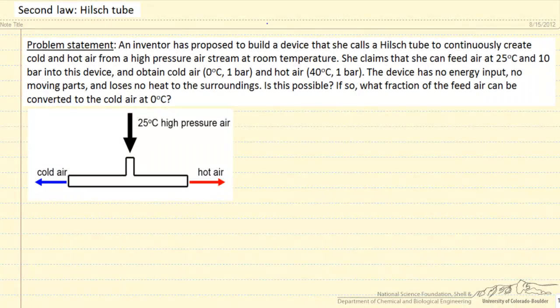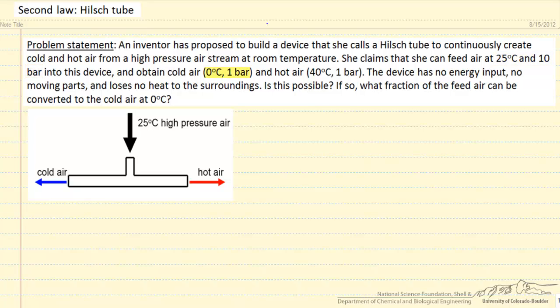Let's look at an example where an inventor has proposed to build a device. The idea is that it will continuously create cold and hot air from a high pressure airstream at room temperature. So basically it will separate room temperature air into hot air and cold air. And the claim is that if a feed is at 25 degrees C and 10 bar pressure coming into the